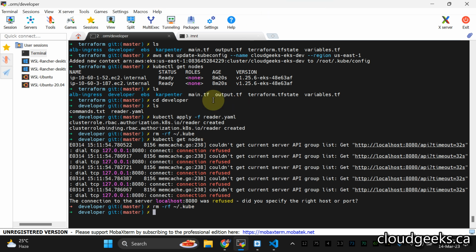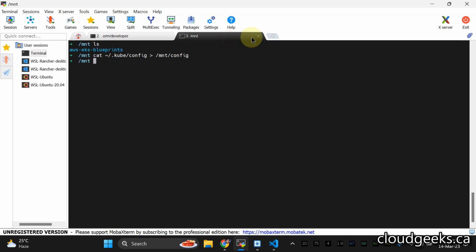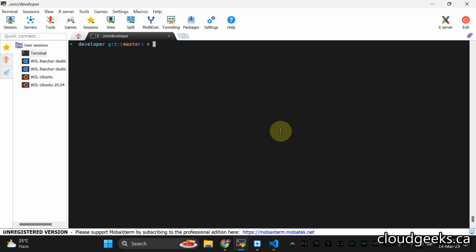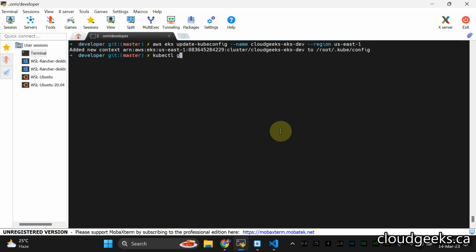So guys, in this tab, I don't have any environment exported. So what I'm going to do, I'm going to simply remove this particular tab, and I'm going to simply import the context. So let's do that. And if I do kubectl, we got nodes. So everything